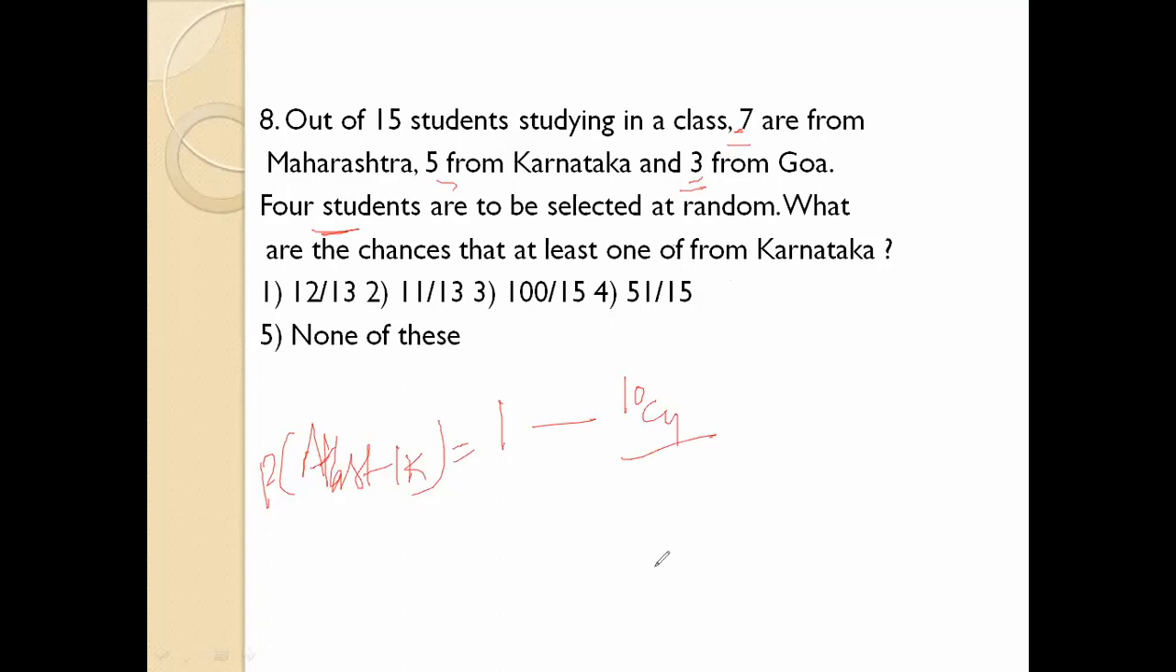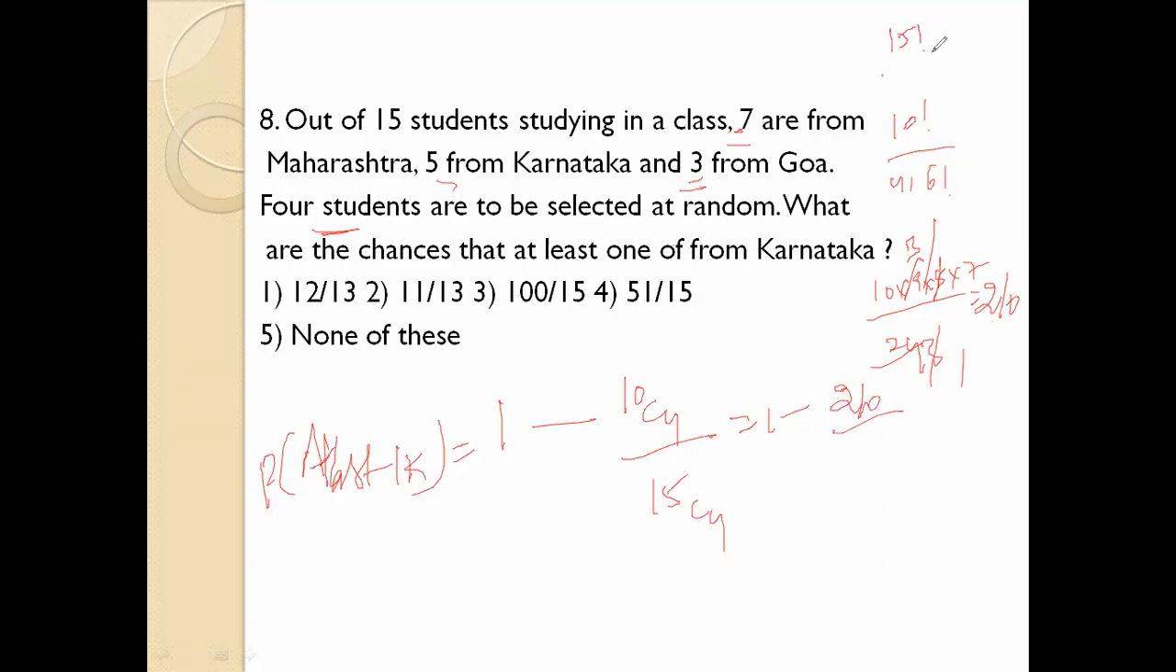10C4 divided by 15C4. 1 minus 10 factorial by 4 factorial into 6 factorial. 10 into 9 into 8 into 7, 6 factorial gets cancelled. 4 factorial is 24. 8 1 ja, 8 3 ja, 3 1 ja, 3 3 ja, 30, 210. 1 minus 210 by